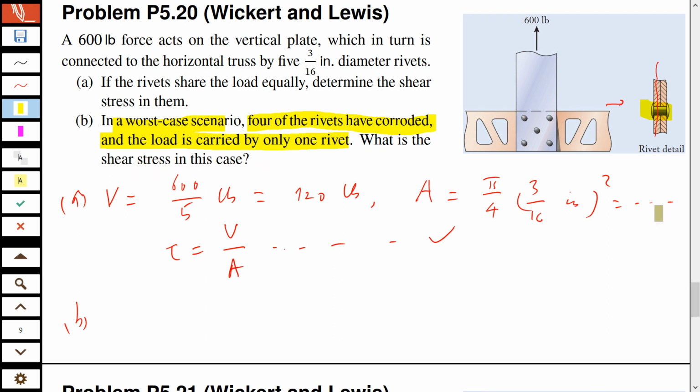तो बताओ यहाँ पे क्या होगा, V क्या होगा इसमें? 600। V will be 600 pound because there is only one shear, or tau is equal to V over A, so change हो जाएगा।